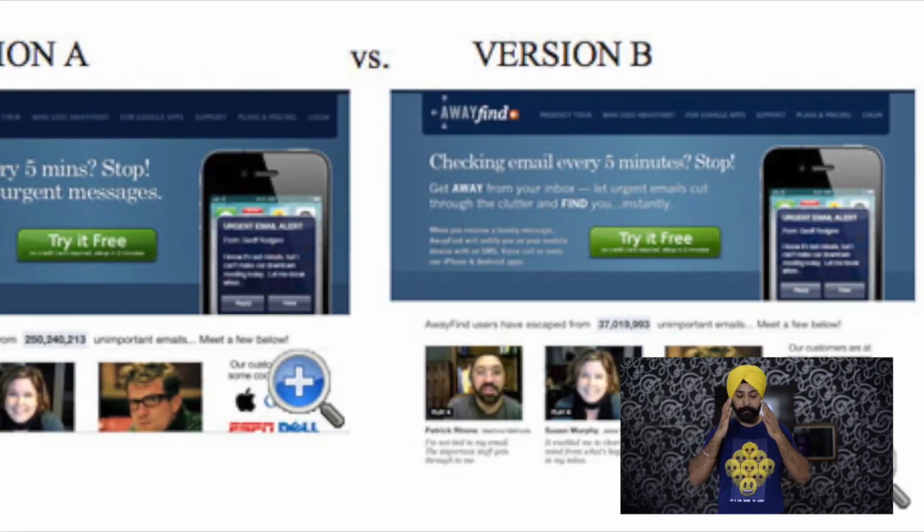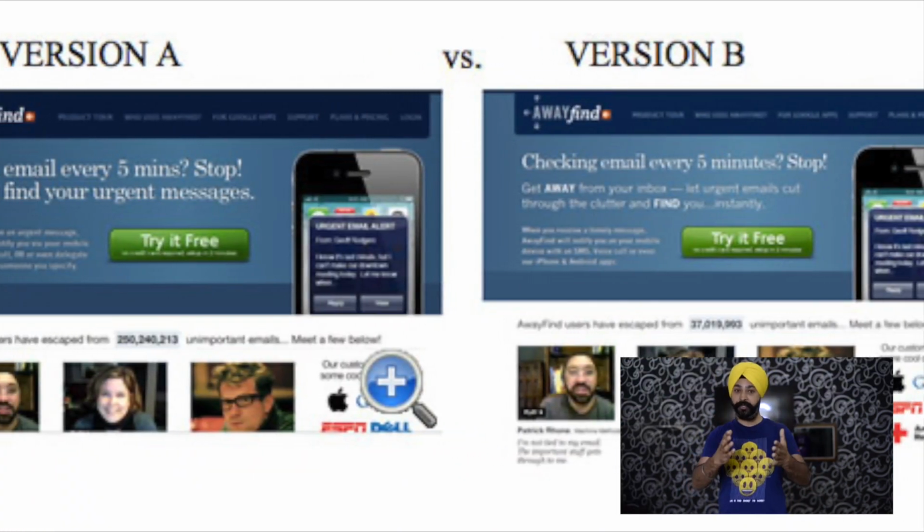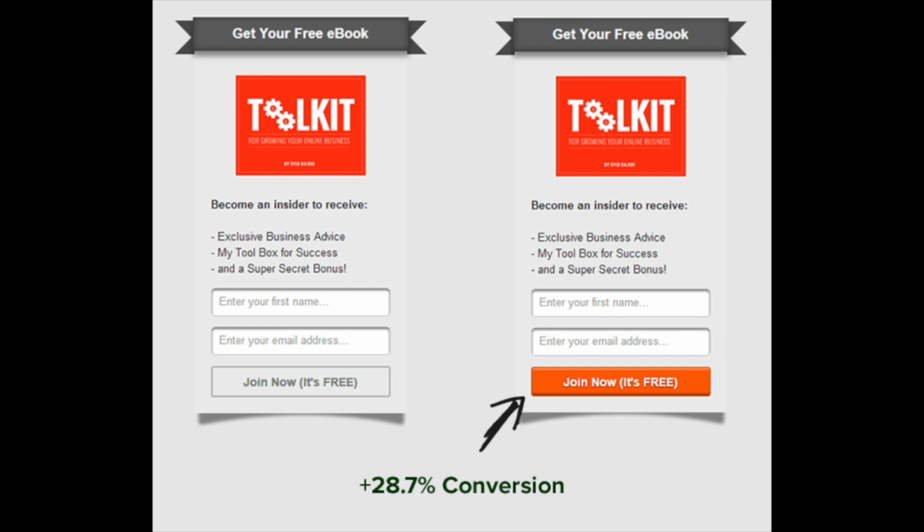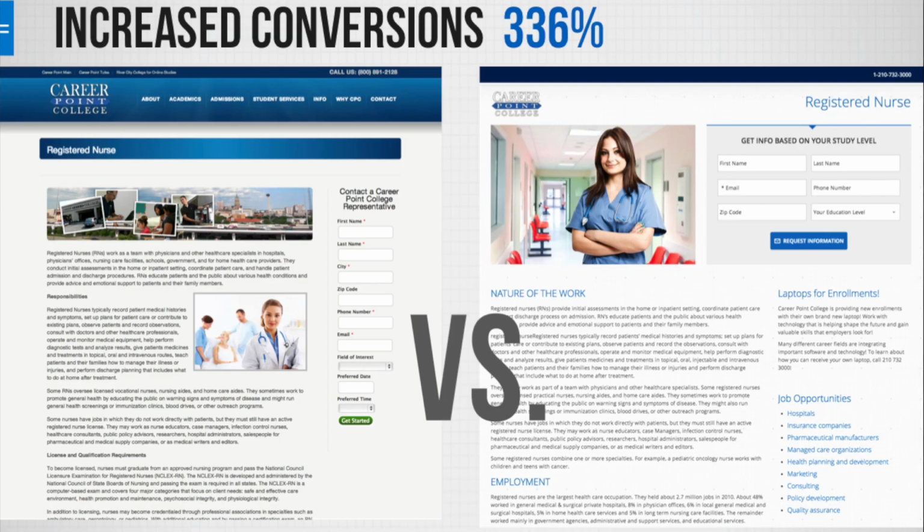Now, what all is to be tested? What are the elements which can be different, the 30% part of it? The very first thing is the headline. As soon as the website opens, for the 5-second usability test, when somebody sees it, what should they get? You have two different headlines on both pages. The color of the landing page, website or emailer can be different. The call to action buttons, the images and the videos can be different.